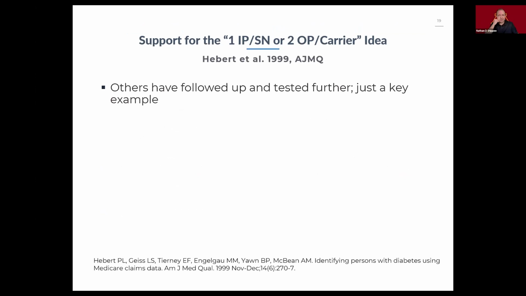So I'm going to walk you through some very early work. If you look down at the author list at the very bottom, Marshall McBean was the first PI of ResDAC and was doing some of this work back in the 90s with a team. It mirrors very much some of the common approaches and common algorithms that we still use today. So I'm just going to walk you through some of the basis for that.